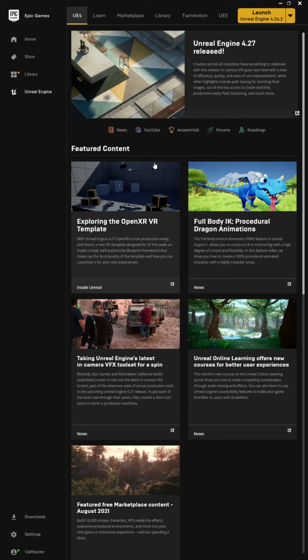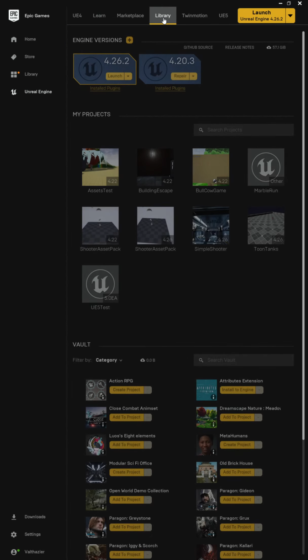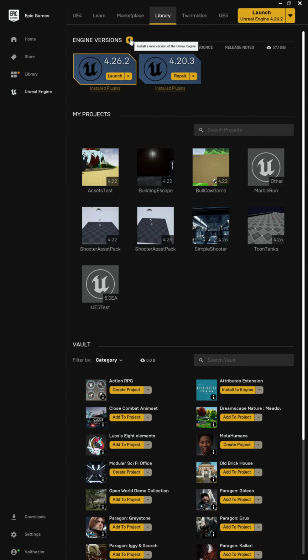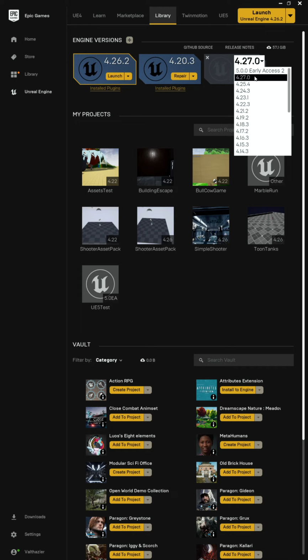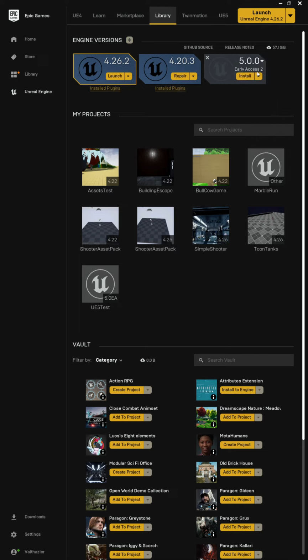If you want to download the engine, you come over here to the Library tab, and you press this plus sign. And then you can select the engine version you want to install from this drop down. You can either select the newest version, or they also have Unreal 5 available if you want to see what the cutting edge tech new games will have in the next few years. And then that's it. You press install and you can launch the engine, create a new project that you can